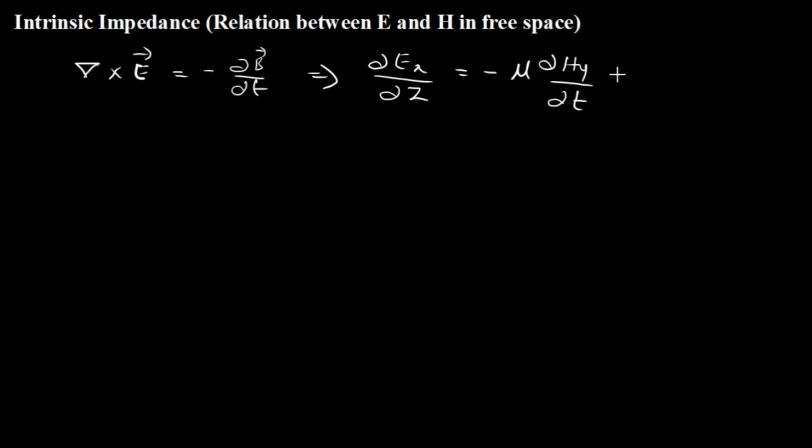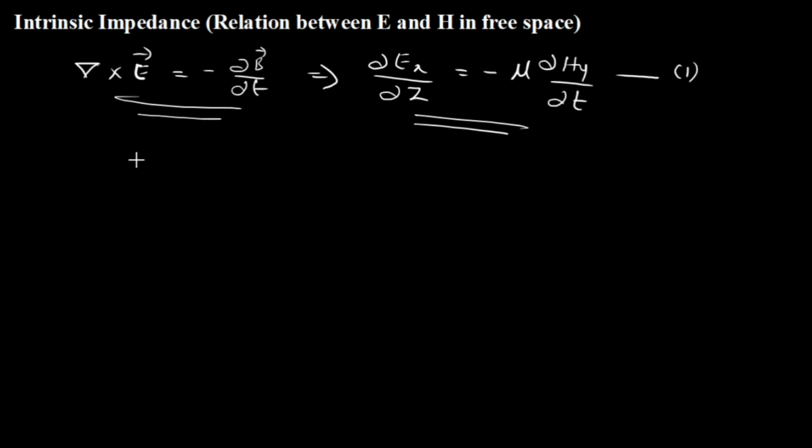I will be using this result directly from the previous derivation of the uniform plane wave equation. So, please revisit that derivation to understand how I obtained this from Maxwell's equation. By substituting those conditions, that is, Ex and Hy are perpendicular, the fields do not vary in the other directions, and the wave travels in z direction, keeping all this in mind, I got this. I am not going to derive it again.